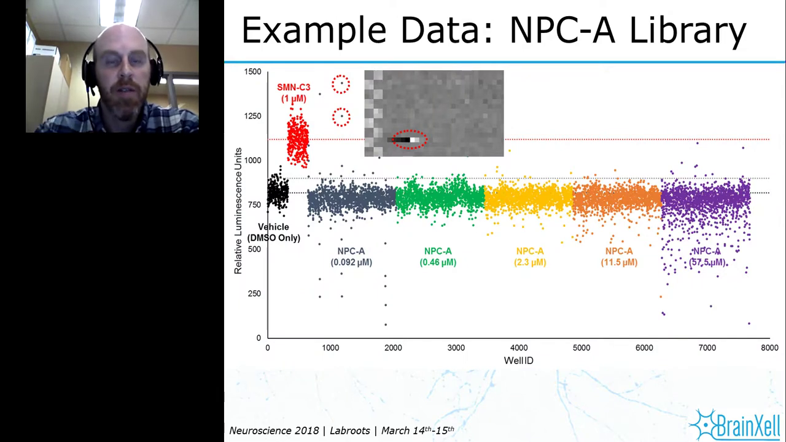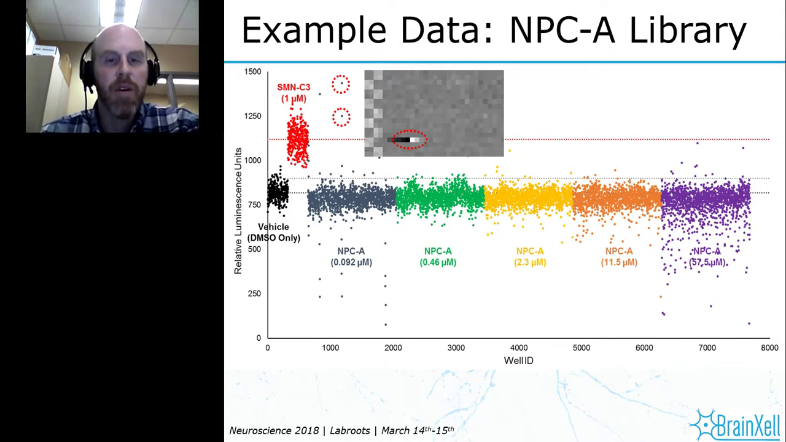So this is a little bit of example data from the NPC-A library. A couple of things I want to point out here. As I mentioned, we didn't have a very large window using our positive control compound, but the system is very, very clean. And what that means is we were able to pluck out possible hits without worrying about pulling out a very large number of positive controls, especially when you would go in and remove potential outliers, as these were caused by a